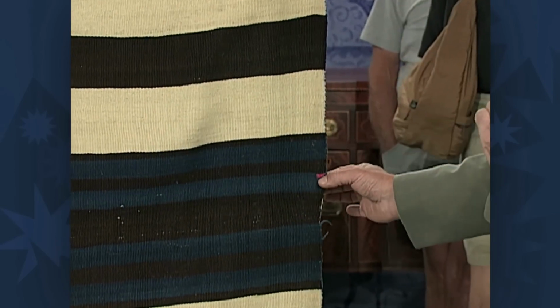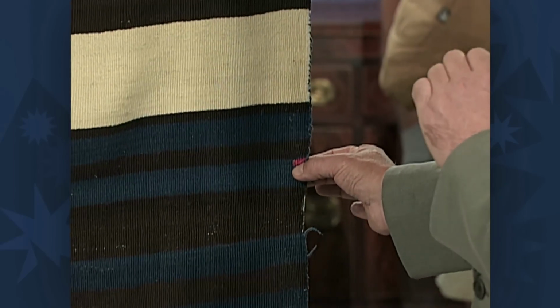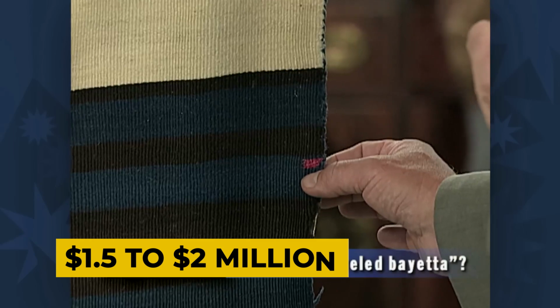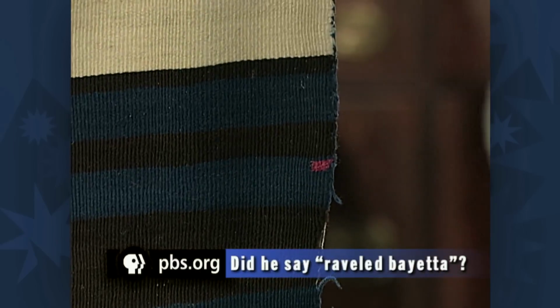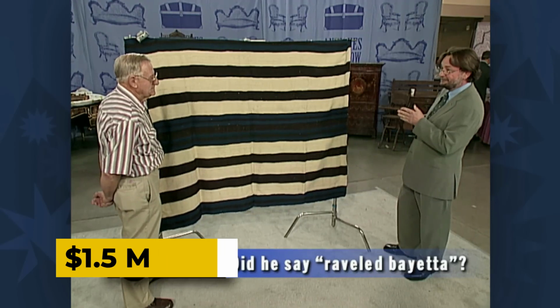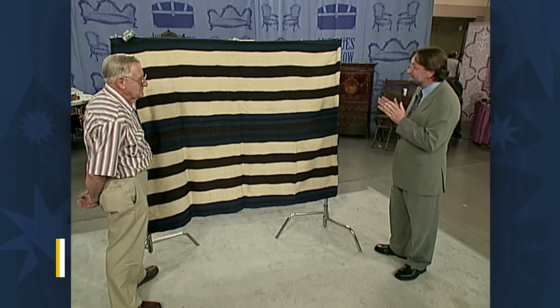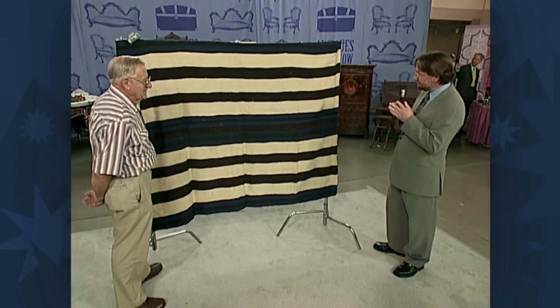The blanket story only got better. By 2016, the show updated its insurance valuation to $1.5 to $2 million. And then a similar Navajo Firstphase blanket from another family was actually sold at auction in 2017 for about $1.5 million, confirming that range. The original Roadshow owner, he decided to keep his heirloom, at least for a while, cherishing